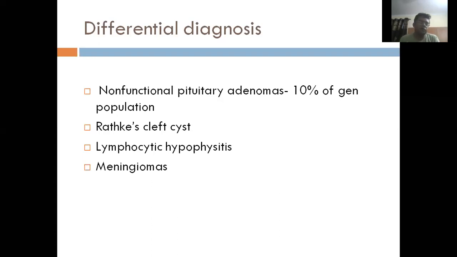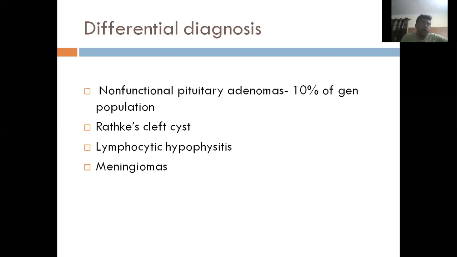So most important, first get your biochemical diagnosis in line. Once you're sure it is hyperprolactinemia, you've ruled out all the other causes, only then do an MRI. And if you know no other causes are there, then you must do an MRI. You cannot just treat with cabergoline and be happy about it. The other differential is Rathke's cleft cyst. These are again congenital and some of them may be innocuous.